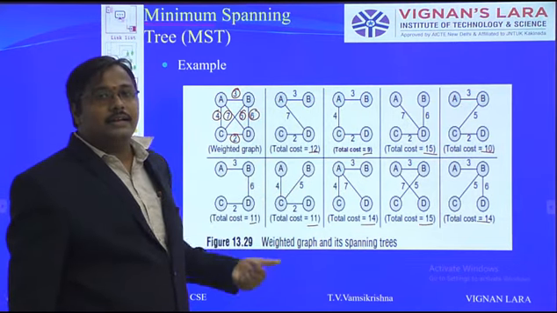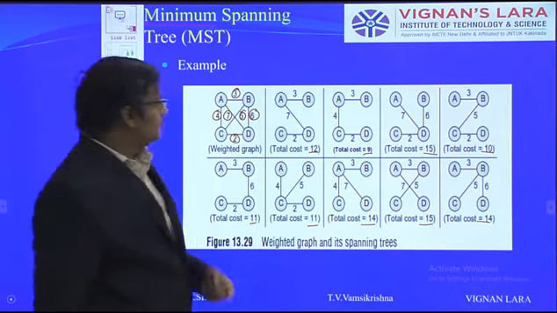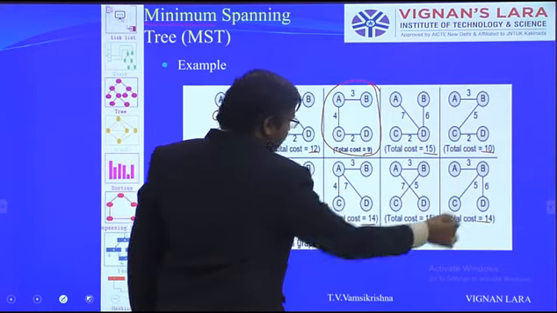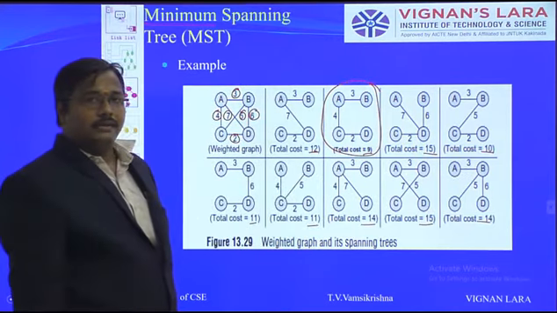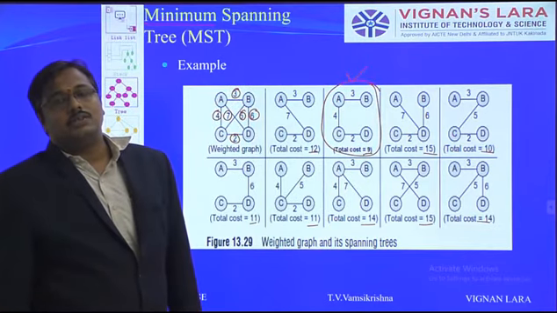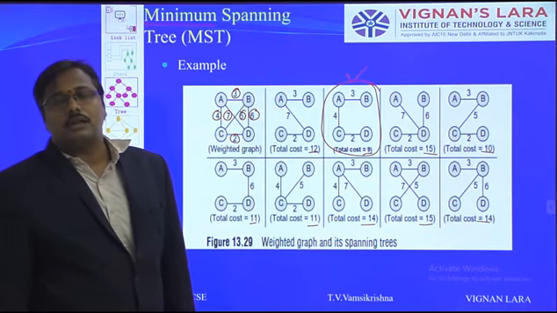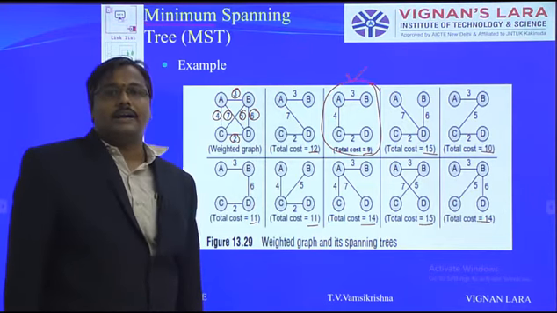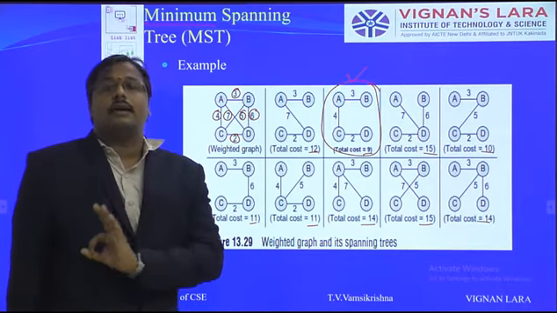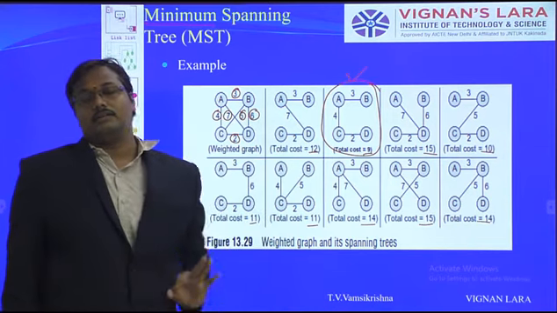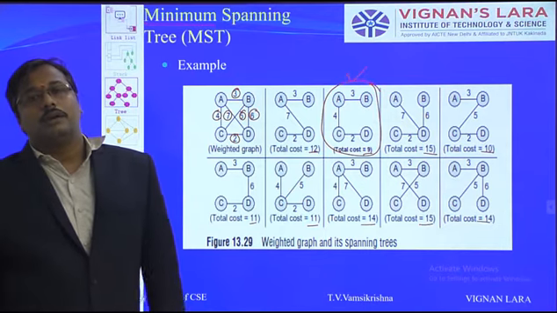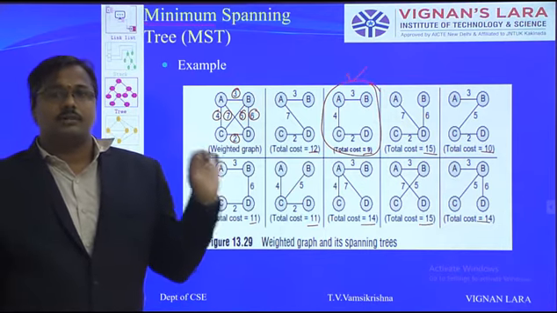In the minimal spanning tree case, there is only one. So this is our answer. Why? Because comparing all the costs, the minimum cost is 9. So this is required. This is called the minimum spanning tree. In the definition also, the minimum spanning tree is defined as connecting all the vertices with the minimum cost edges. The result is called a minimum spanning tree. But note, no cycles are formed.